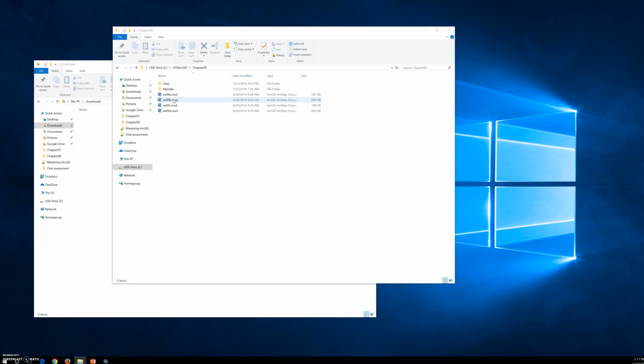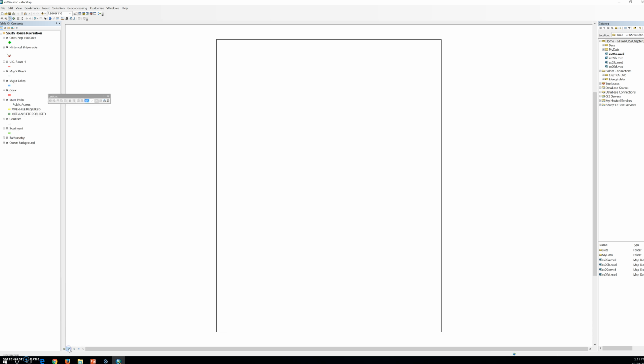So now we're going to click exercise 09A, and this map document will show the city, have the default labels, but we need some additional labels to make the map more helpful. Now first we're going to label the state of Florida and its water features. In the table of contents, so now we don't need the layout, and we can go to